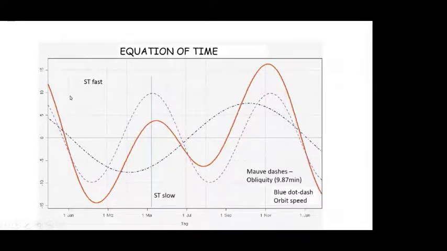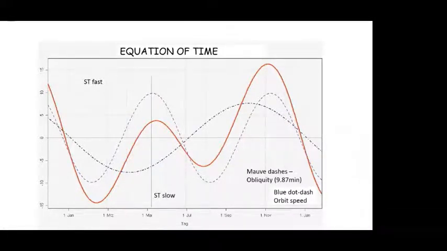If you combine these two curves, you get the red curve, which indicates the difference between solar time and local mean time. This graph is presented in the form of a table in the Nautical Almanac. Here, if we take roundabout May, we will find that when we took our problem, it was about 3